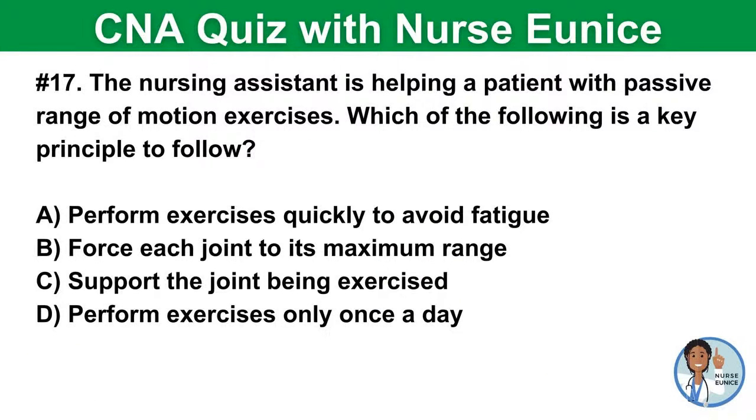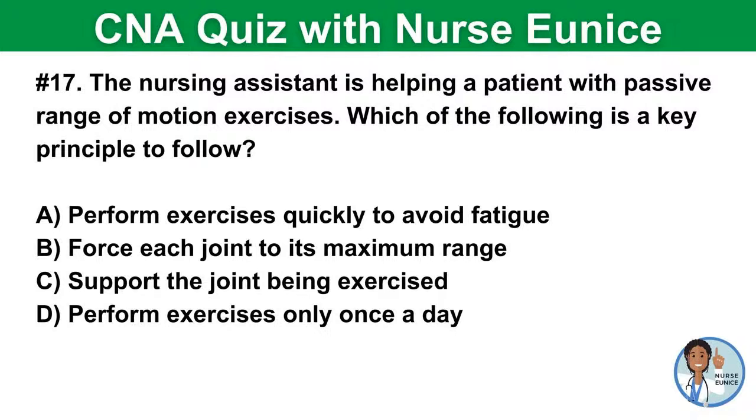Number 17, the nursing assistant is helping a patient with passive range of motion. Which of the following is a key principle to follow? Is it A, perform exercises quickly to avoid fatigue? B, force each joint to its maximum range? C, support the joint being exercised? Or D, perform exercises only once per day? Super easy question. All right, we'll be revealing the answer in 3, 2,